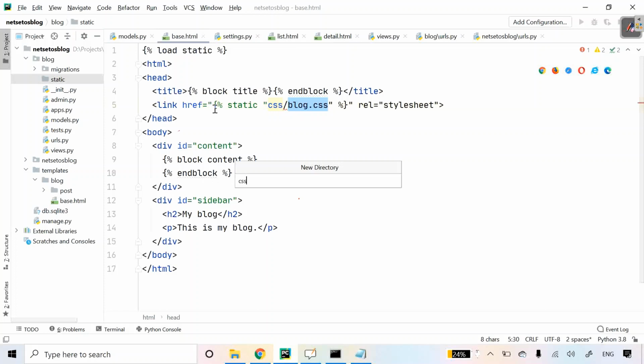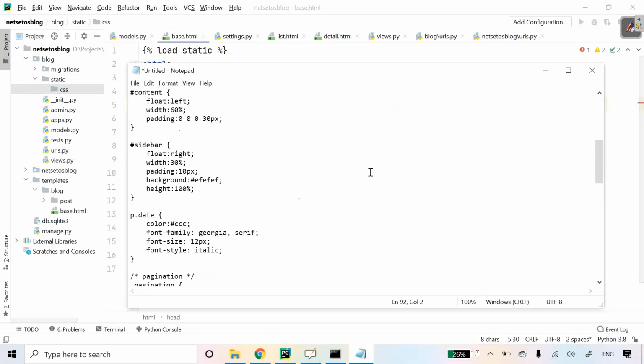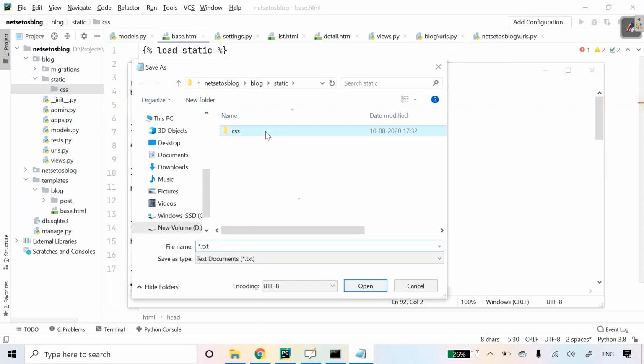with the name CSS. And here I have a notepad where I have defined a piece of code. This I'll attach in the description below. You can save it from there. So here I'll go to CSS folder and will save it with the name blog.css.